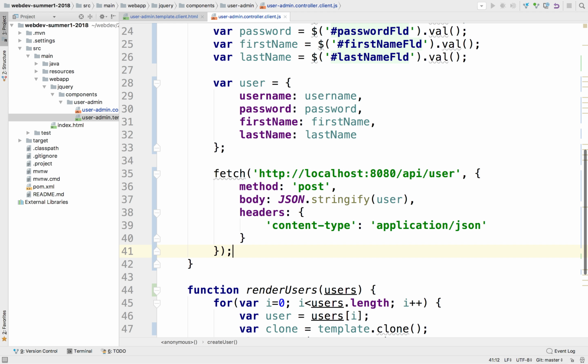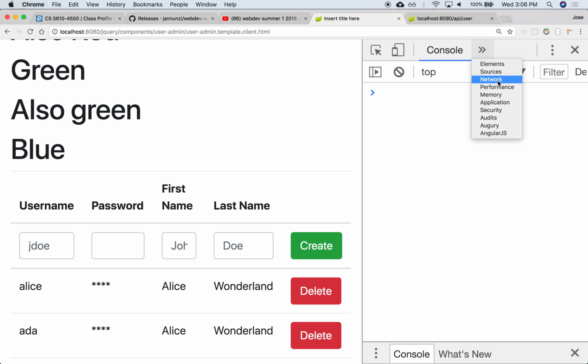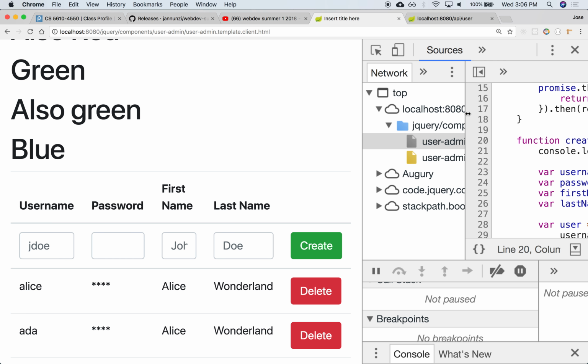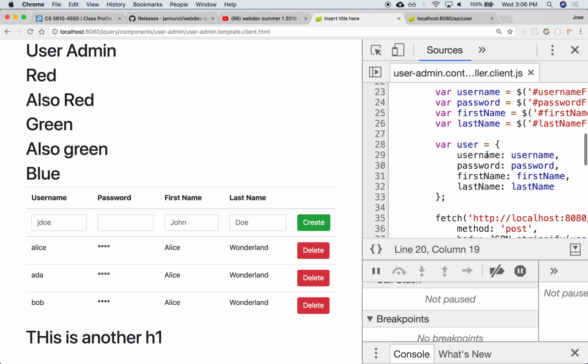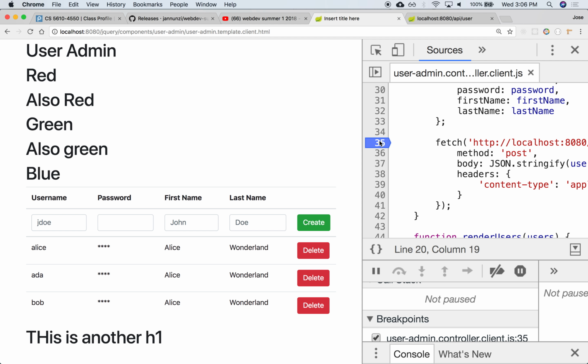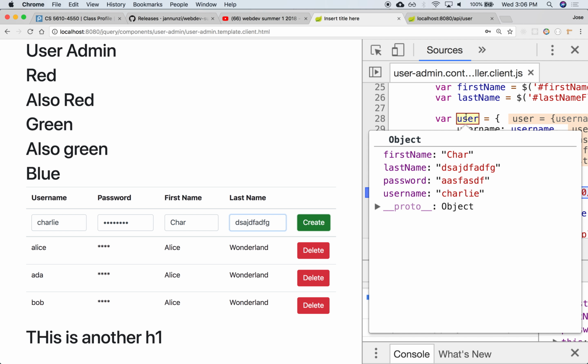All right, so let's see. Let's look at that. Let's refresh. Let's put maybe a breakpoint, make this a little smaller. We'll put a breakpoint right here, and let's do, so we want Charlie, right? Charlie. So whatever. Create. Okay, so if we look at the user object, now it has been correctly populated, and we're